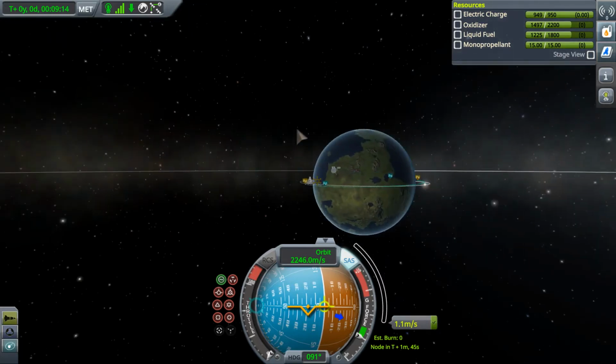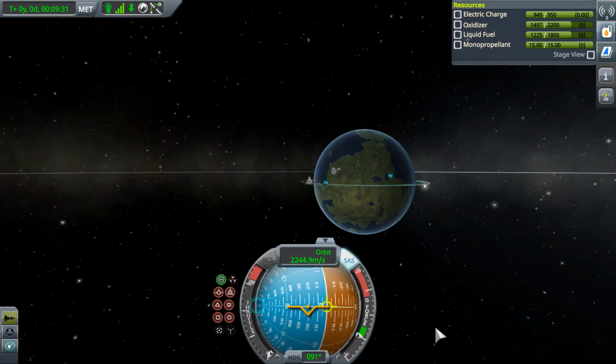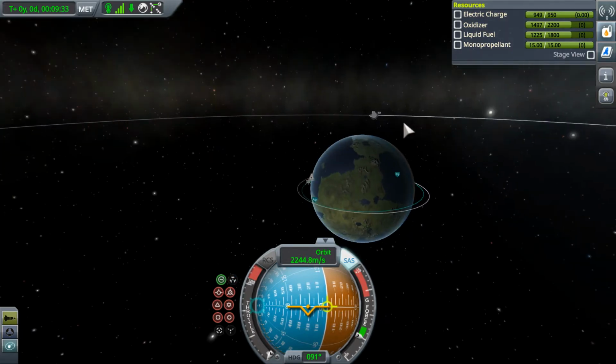So where are we gonna go? Minmus is easier to land on, much easier, and it costs more fuel to get there, and you get more science there. So there's sort of some competing concerns. I think the moon might actually be a less ambitious place to go, because...